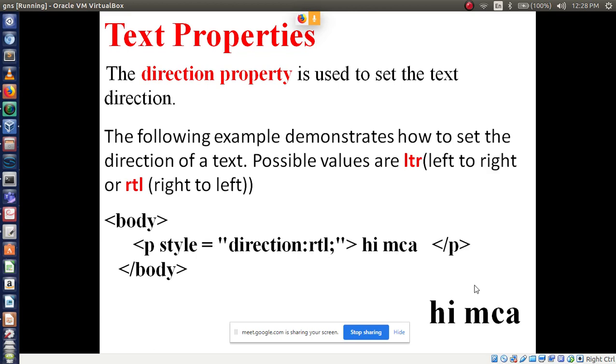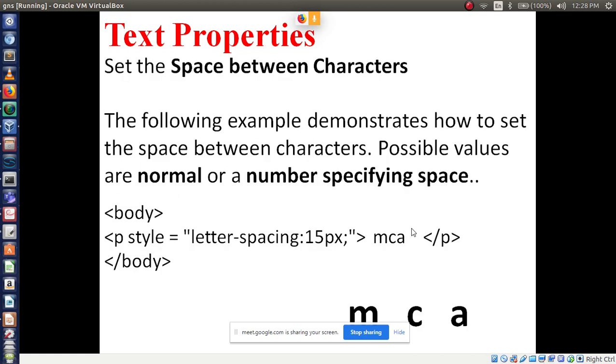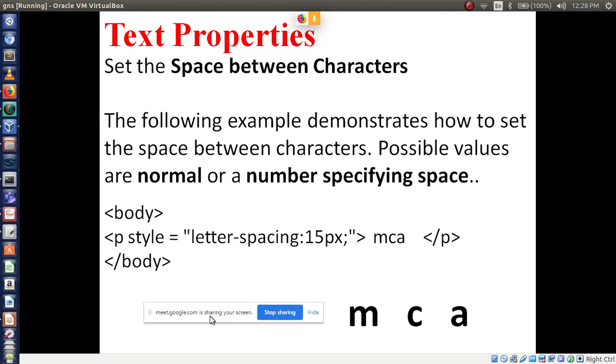Okay, fine. Now another property we have: space between the characters. Space between the characters means if you are displaying any text and you want to make space in between, which property do you use?